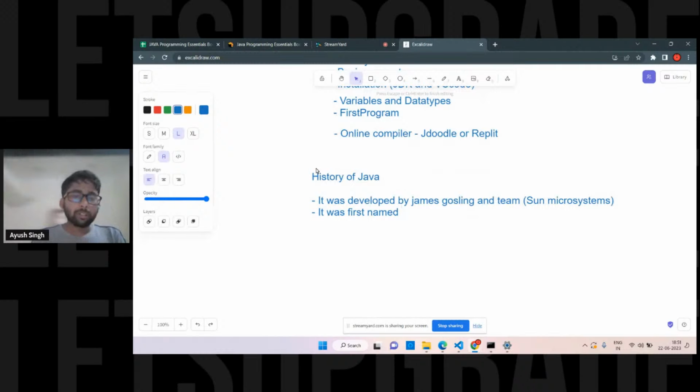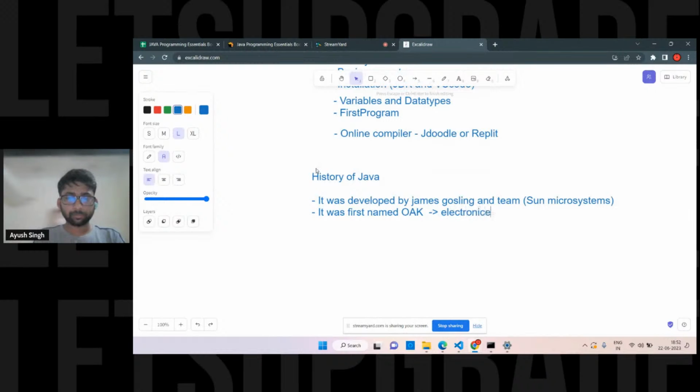Okay, so in here it was named Oak. Okay, it was named after the oak tree. After some particular reasons it was changed. Because when it was named Oak, it was designed for some electronics purpose, right? And then afterwards, it changed to Java, right? Because it changed to a general purpose language. At that time, it was just for electronic use. Okay, just for circuits and all those things.